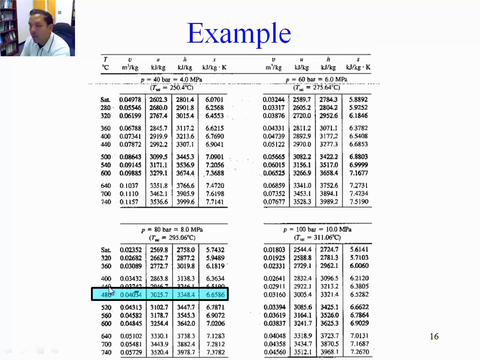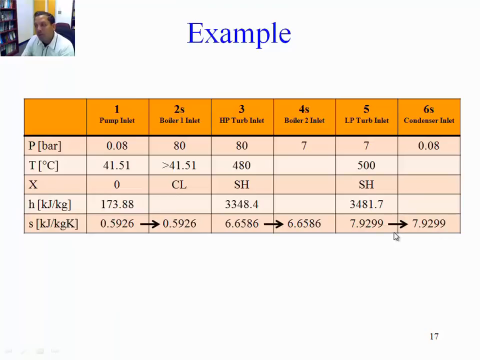And we also know that at the first pass through the boiler, the pressure was 80 bar, which is the pressure at the outlet of the pump, and is passed through the boiler and heated to 480 Celsius, which is superheated, as you can see, with an enthalpy of 3348.4 and an entropy of 6.6586. Let's bring those numbers back into the